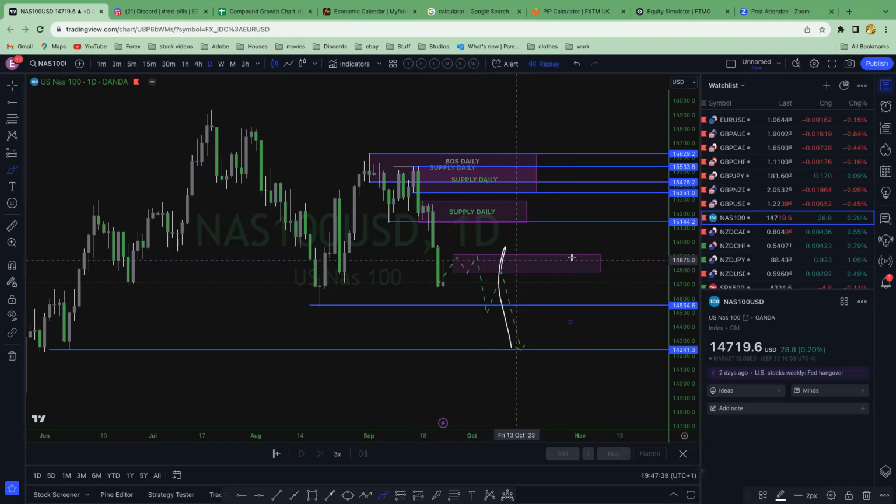As long as the body of the candle on whatever time frame you're looking at doesn't break the supply or demand, the supply or demand is still valid, but they can wick through it. They could wick all the way up here if they wanted to, and then wick all the way back down, and it would still be valid. So they tend to do that to get you out of the trade, obviously. Yeah. So that's pretty much it.